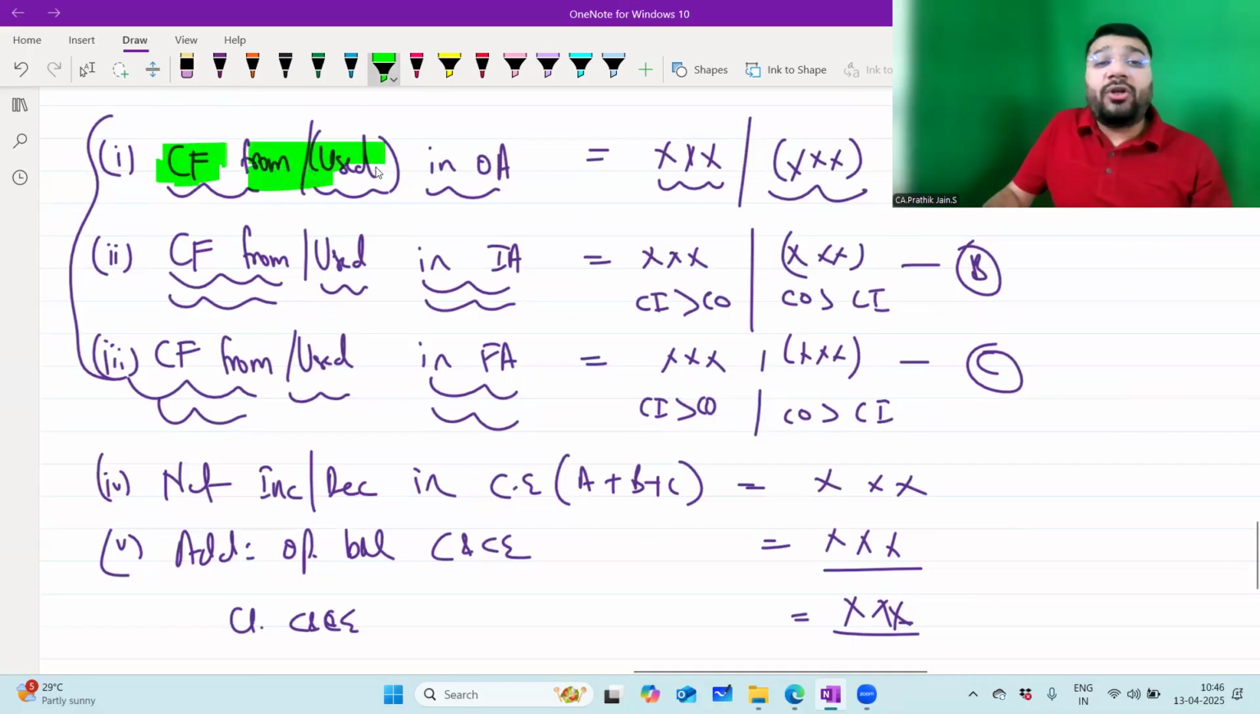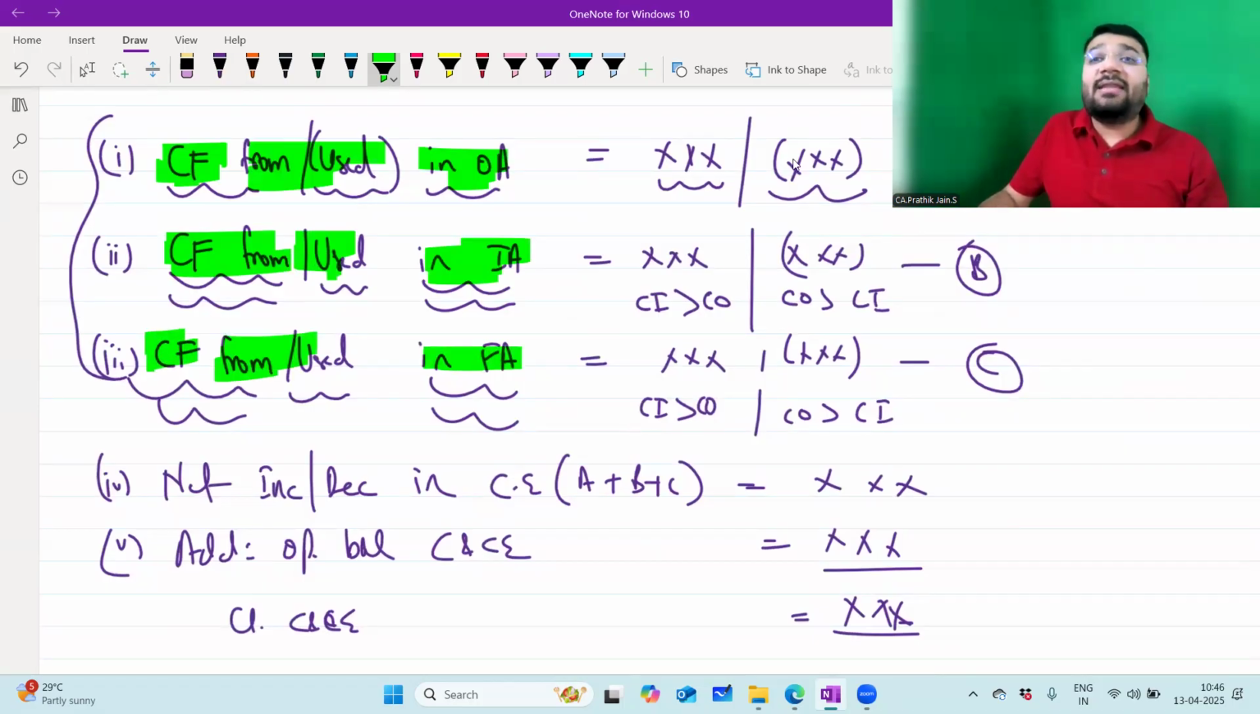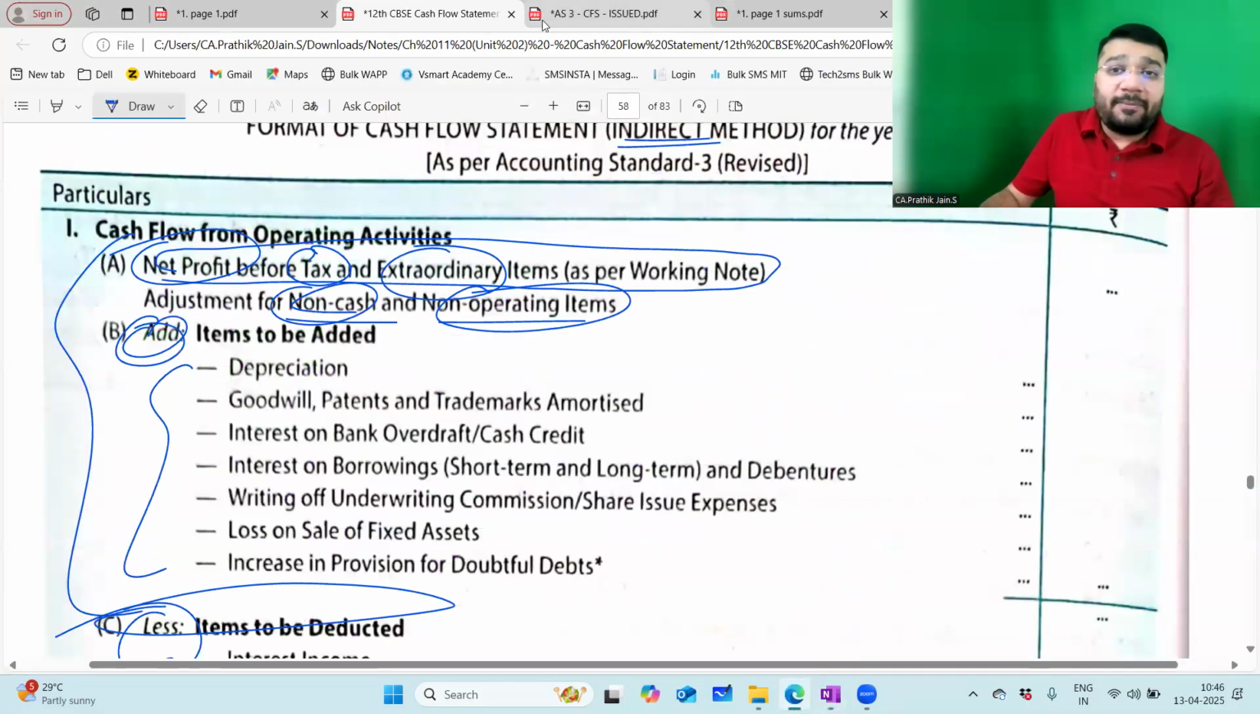There are five parts. First part is what? Cash flow from or used in operating activity. Then cash flow from or used in investing activity. Then cash flow from or used in financing activity. We'll get the net flow. So this is nothing but